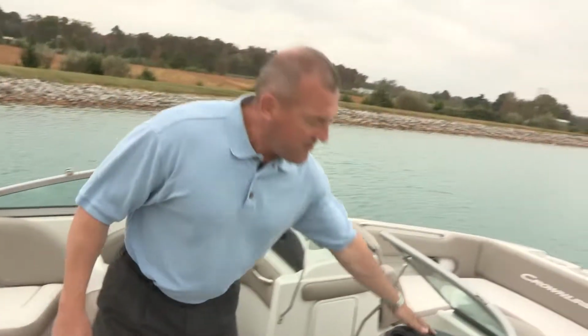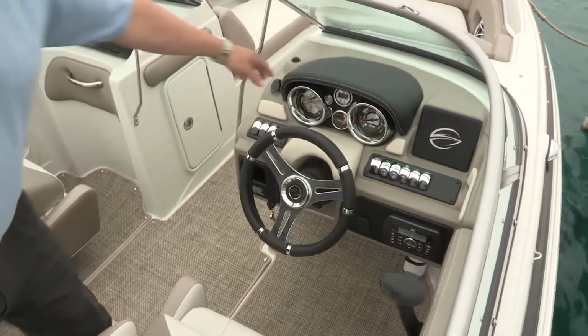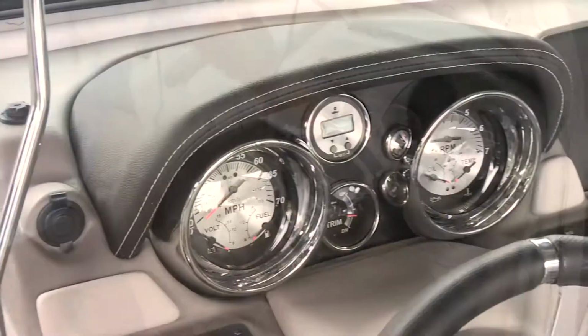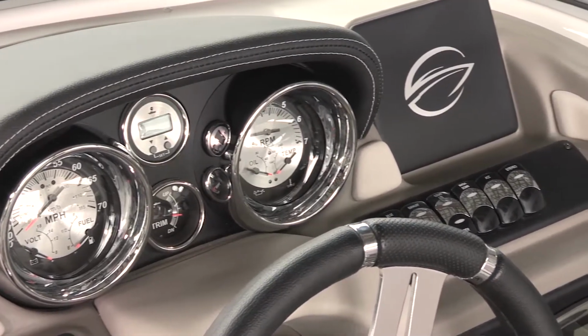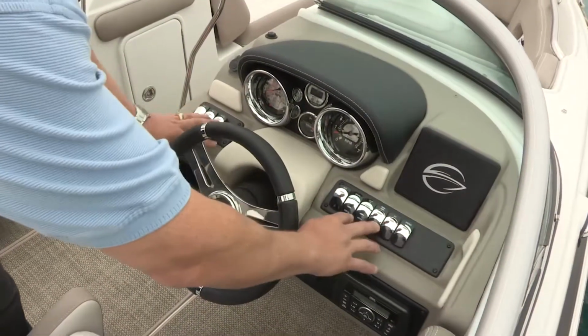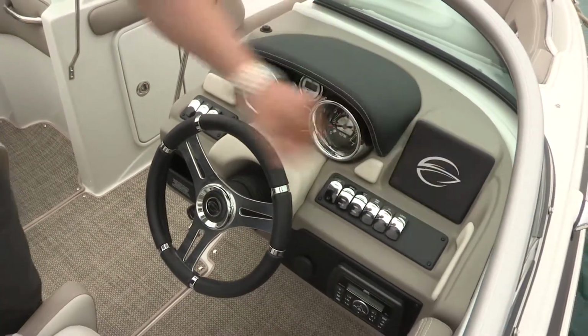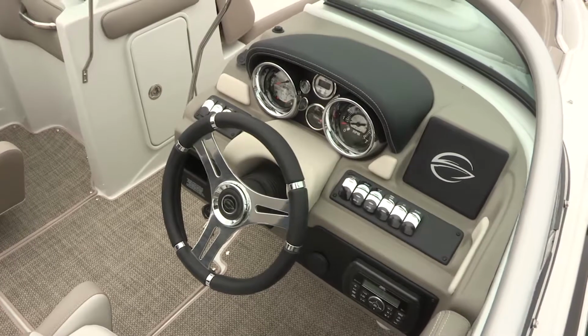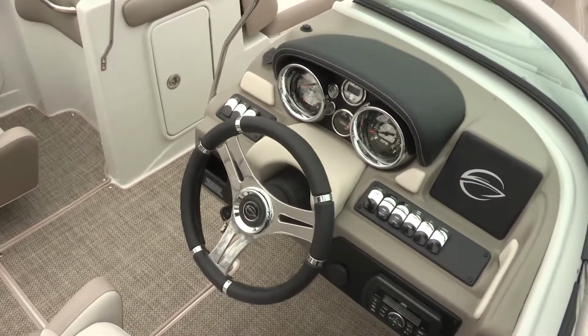Looking at the helm station, we're really proud of what we call our SS dash. It's got a hand-wrapped double-stitch brow, 25-inch gauges with stainless steel bezels. You've got a black racing wheel with polished spokes, and all of your accessory switches are easily accessible right there on the dash. In addition, we have a tooled-in GPS landing, so if you want to add additional Raymarine or Garmin controls after the fact, we have a landing for you to install them and easily plumb into the